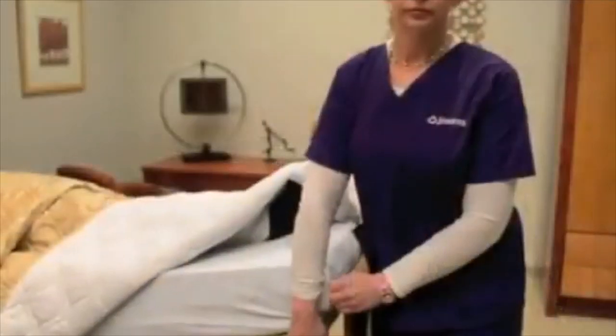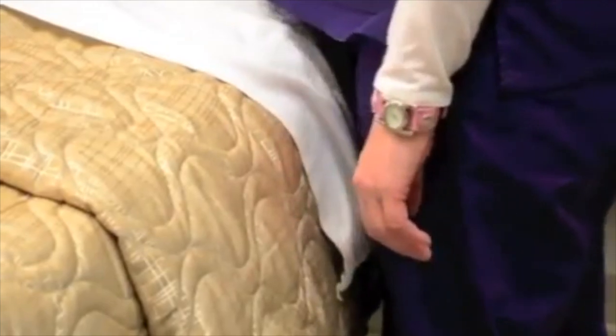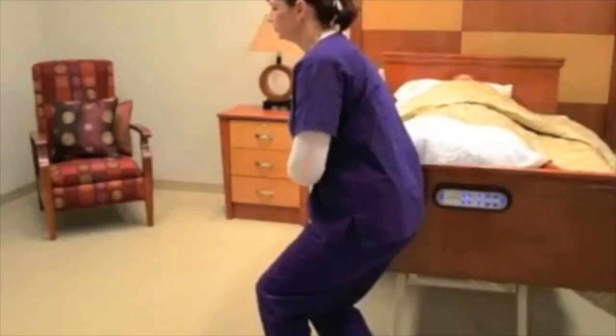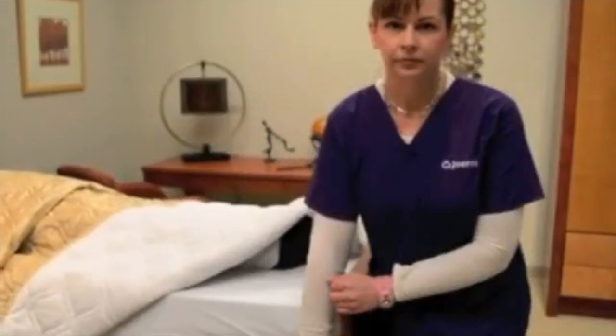When you release the frame, the foot section will be locked into place. When it's time to release the Easy Leg Lift, again, place the bed at waist knuckle height, stand at the footboard end of the bed, bend your knees, and lift all the way up on the frame. This will release the lock and foot section so that the frame can be lowered back to a flat bed